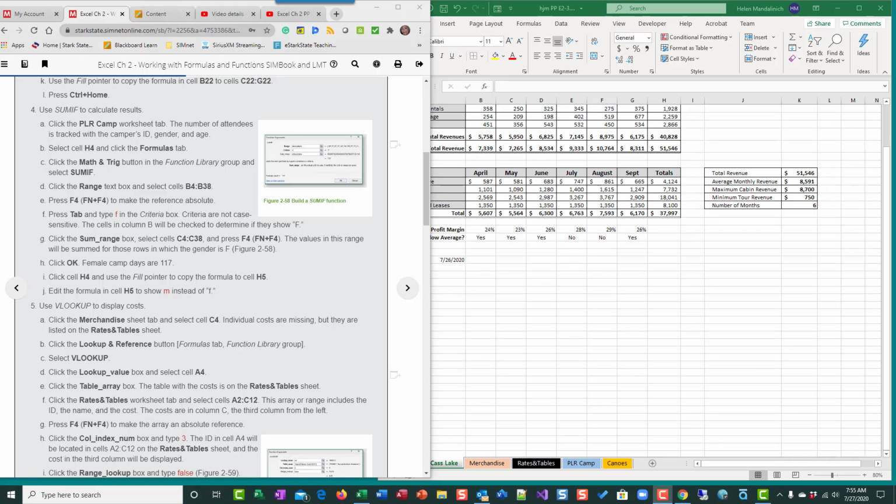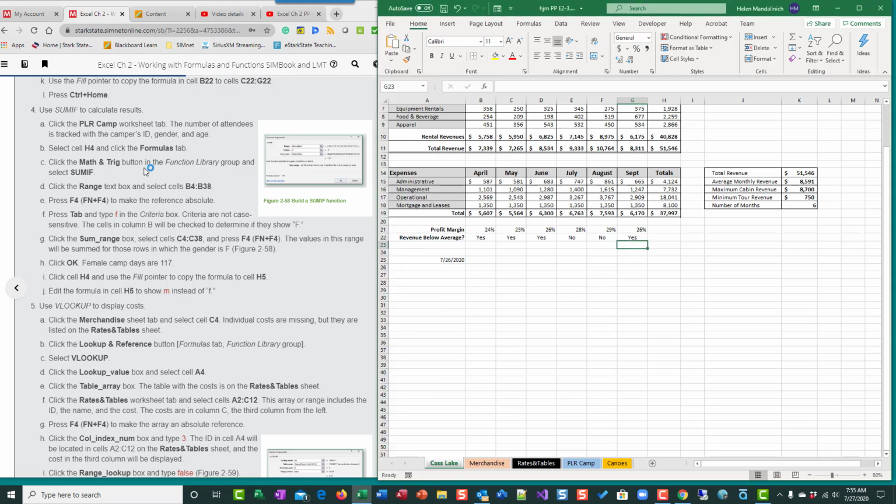Hi, this is the help video for Excel Chapter 2, Pause and Practice 3. We're on Step 4, and this movie is just about Step 4 and the function SUMIF. On the left, I have the instruction file from my SimNet sim book. On the right, I have the file as it is at the end of step number 3. So what I need to do